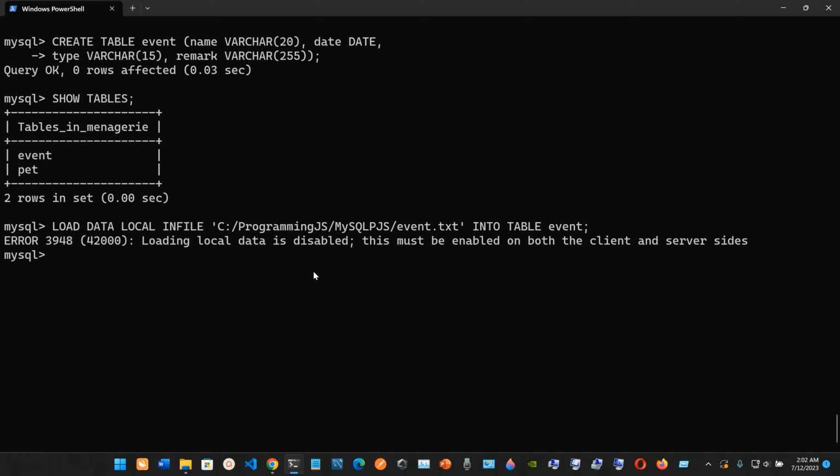This must be enabled on both the client and on server side. Okay, so as you remember in the previous video, we have to follow some steps every time this happens. This is a bug that is happening in MySQL, but okay, so what you need to do is pretty much you need to do set